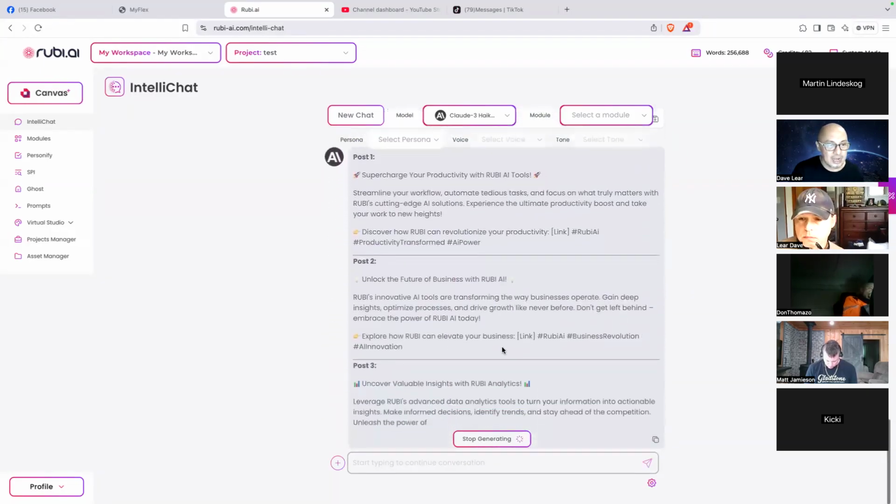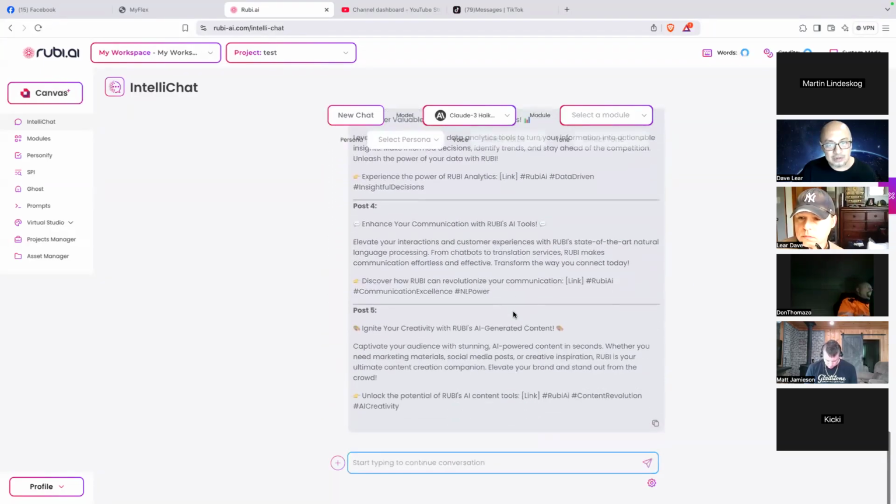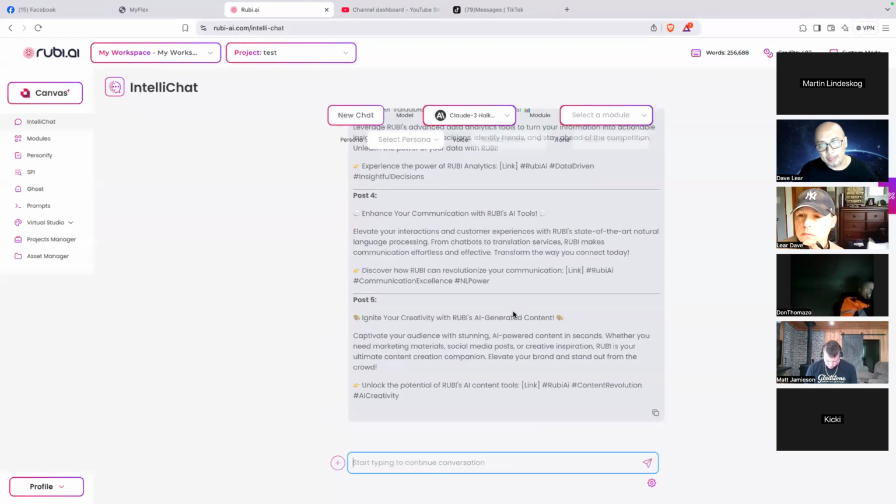You can actually use it for different purposes, even making emails, follow-up letters, just everything. We've been using this for almost everything that we're doing in marketing, in our posts, and of course, here in the Philippines, English is just our secondary language. So I use the AI chatbot to correct the grammar, the spelling, and everything. So it's very, very useful. Okay, so that's for the IntelliChat.